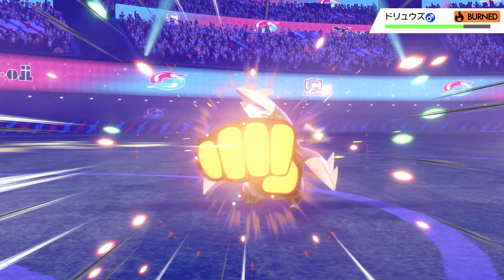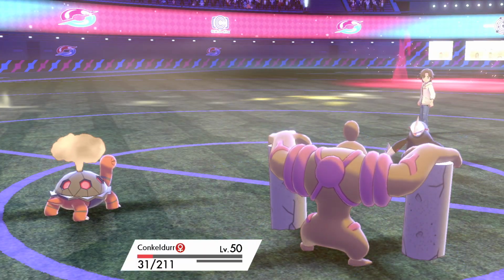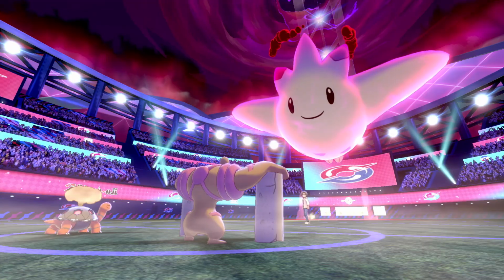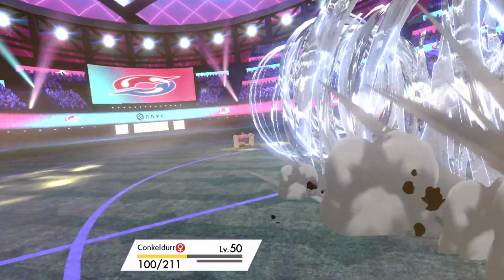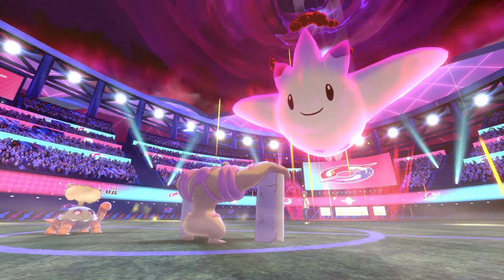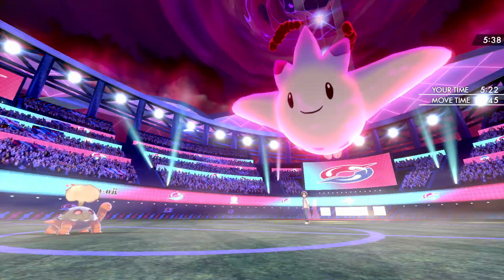And no Protect. Okay, so that means we should just be able to pick up the knockout on Excadrill, restore a lot of our health. We will probably feint to a Max Airstream into the Conkeldurr slot, or a Max Starfall. Still going for Airstream even with the Trick Room up. And yeah, that'll just pick up the KO. That's fine because Snorlax can just come out. That was the last turn of Dynamax, so Snorlax can just come in and